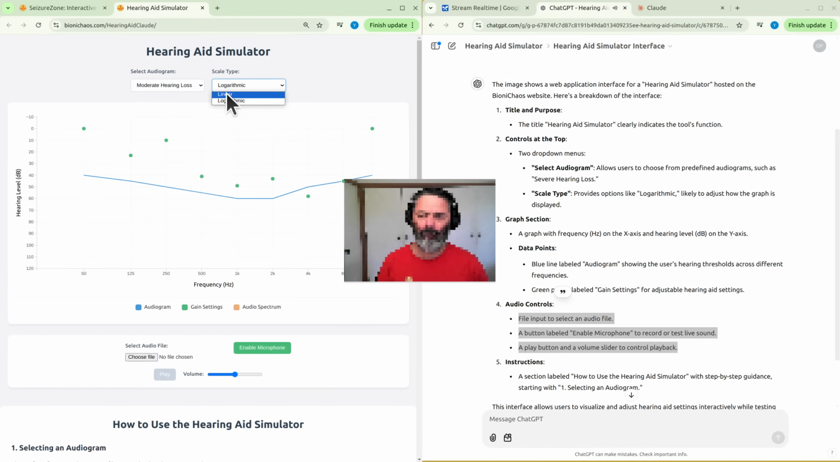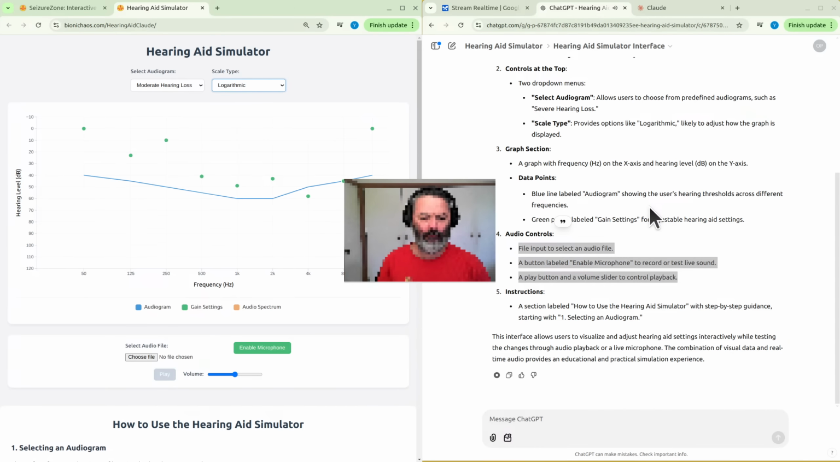3. Graph section, a graph with frequency hertz on the x-axis and hearing level dB on the y-axis. Data points, blue line labeled audiogram, showing the user's hearing thresholds across different frequencies. Green points labeled gain settings for adjustable hearing aid settings. 4. Audio controls, file input to select an audio file. A button labeled Enable Microphone to record or test live sound, a play button, and a volume slider to control